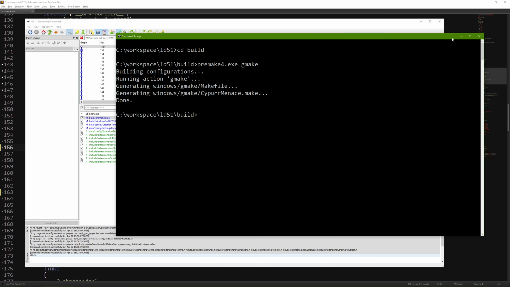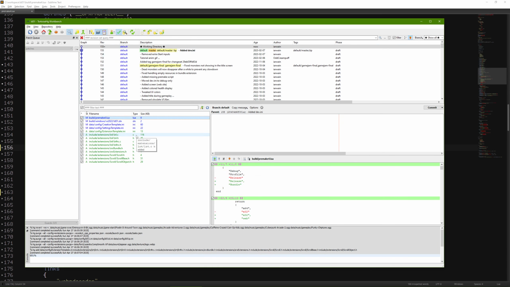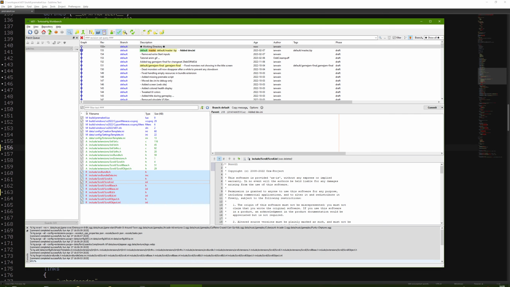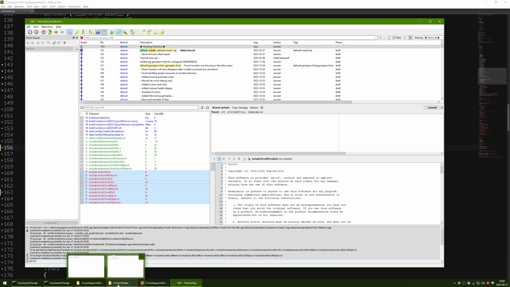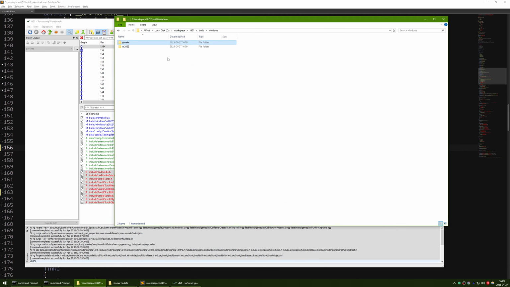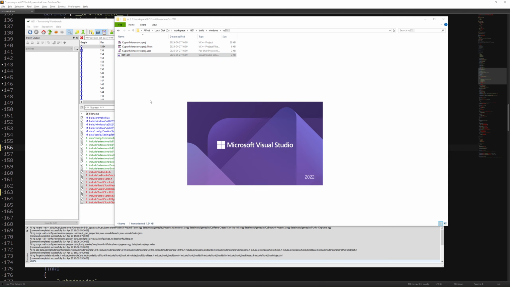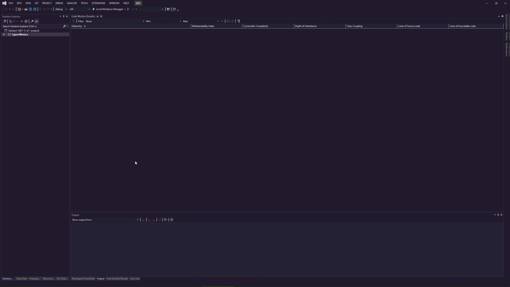So let's now make it work, because we updated the project, but it's probably not going to even compile. Here you can see those were the old extensions. I can say forget, and I'm going to remove them. So let's open the solution. We're going to go to Visual Studio 2022, and we're going to open that solution.